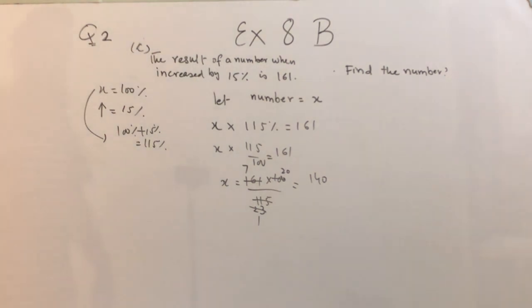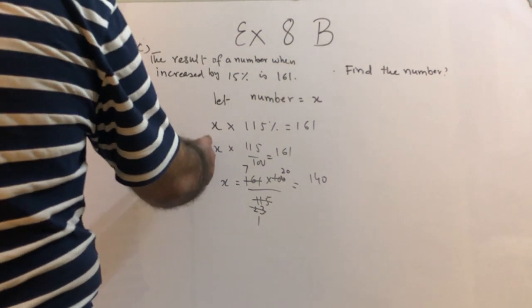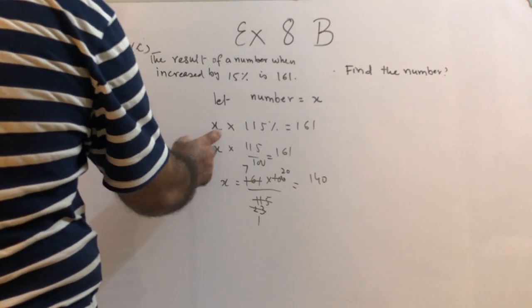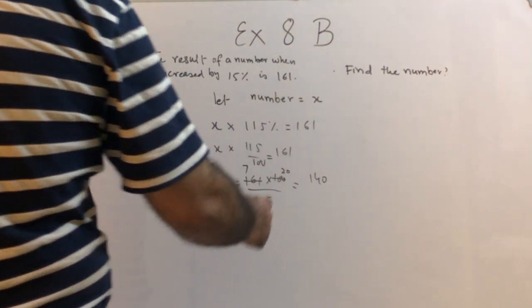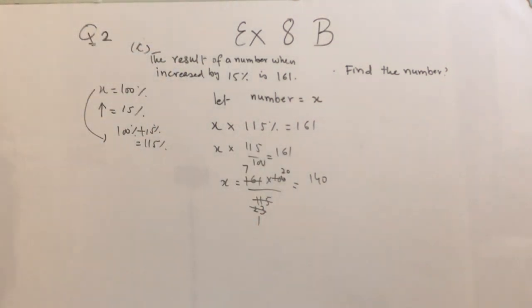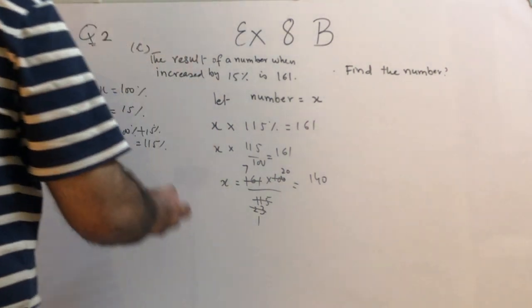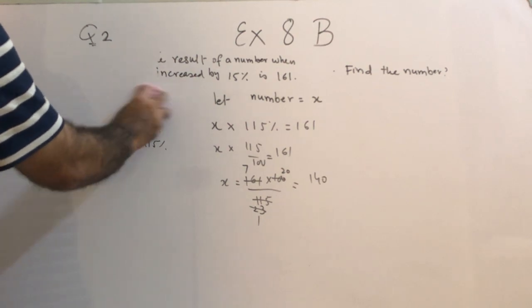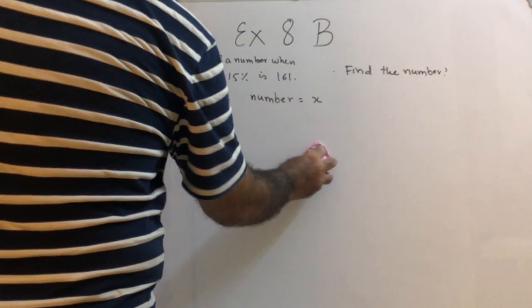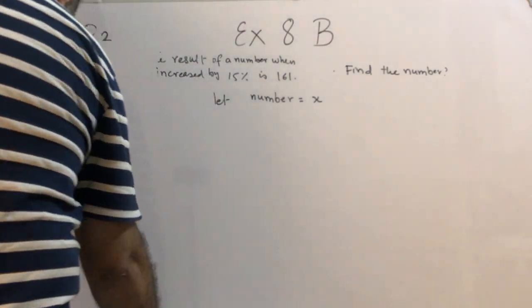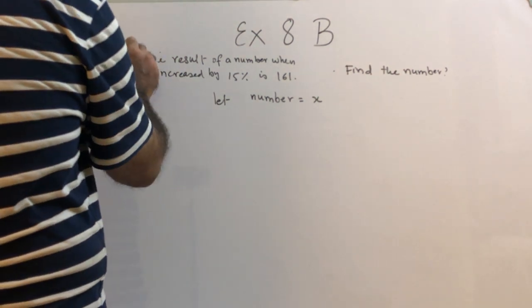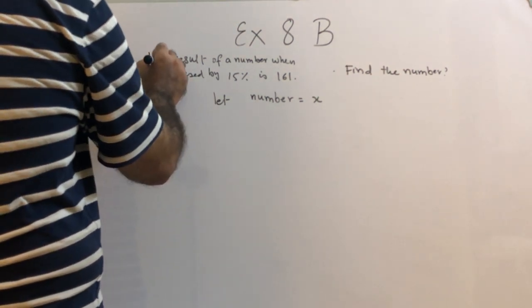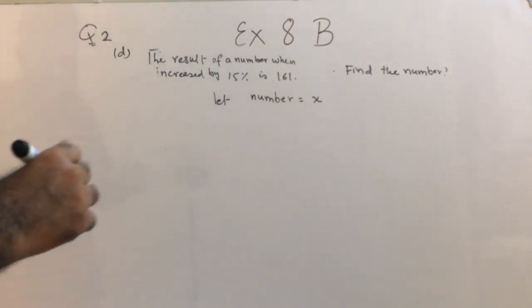So we'll be finding 115% of this, that is equal to 161. Then we did the simple calculations and we got the answer 140. Now we'll be doing part D,